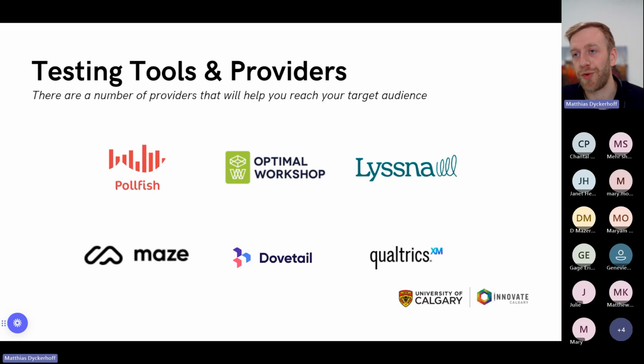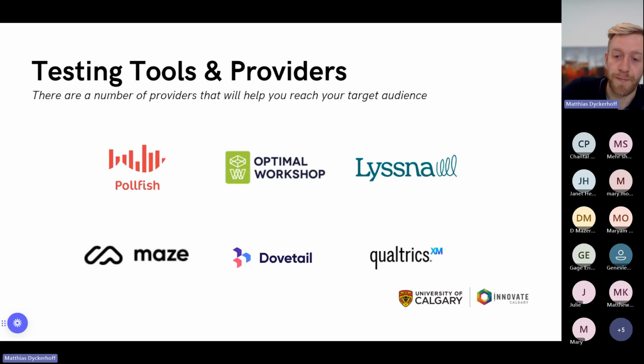I would be careful to rely only on surveys, but it's a good start to add to your existing data set. Optimal Workshop and Listna are good ways to test your design. You're able to put designs in front of people, ask them to complete a task, to click through a prototype. It's a way to test your design at scale as well. You can get hundreds of people to click through your screens to see where they click, what they try to do, where they get stuck. So those are helpful for later stage design testing.